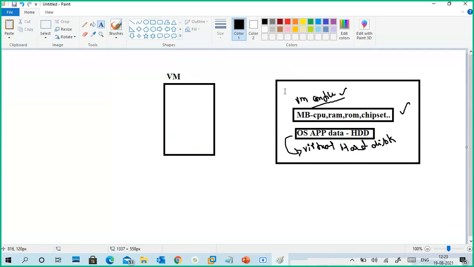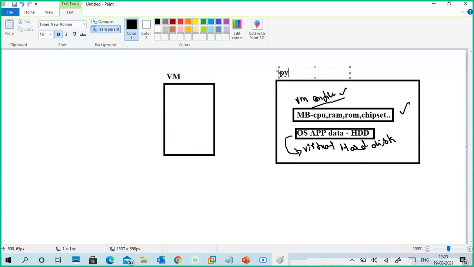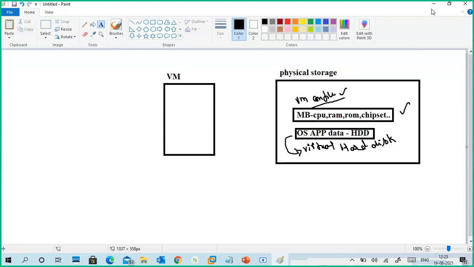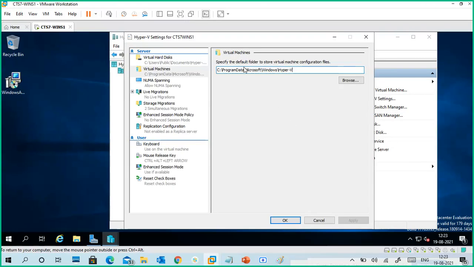Both are stored there, in any physical storage location, central location or anything. So that is the location of this one. Here we can change it by changing a few settings.